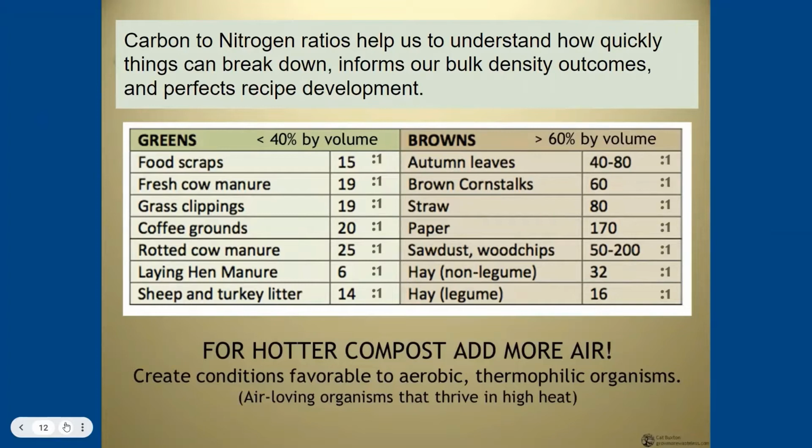But if you compare that to something like leaves, which I know a lot of you are likely using for your carbon, that's in the 40 to 80 parts carbon to 1 part nitrogen range. And so you're going to need more volume of that to hit that target proportion or ratio between these two. This is just something to keep in mind, and it can get a little complicated when you're also using manures and bedding and a whole bunch of different feedstocks or components to your recipe. But it's definitely something to keep in mind and tweak a little bit.